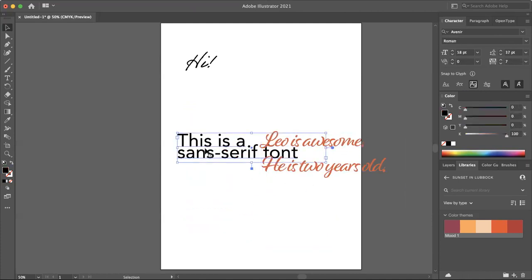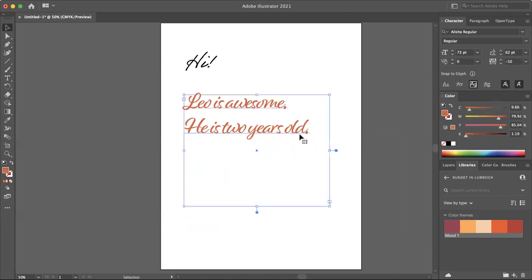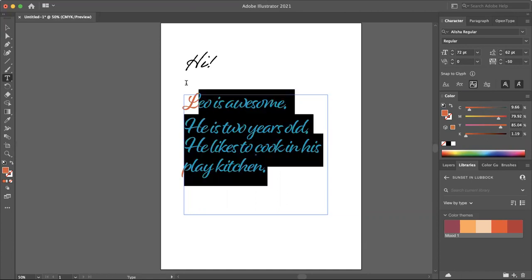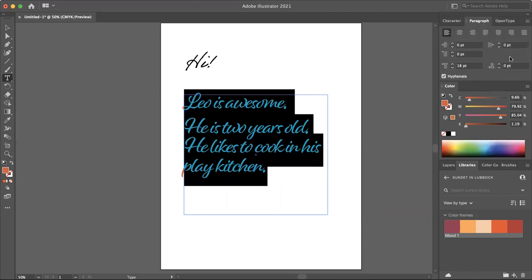I'm deleting my other text back here. So I'm going to add, he is 2 years old. He likes to cook in his play kitchen. All right. So if I change the spacing before or after paragraphs, I'm just going to go with before.